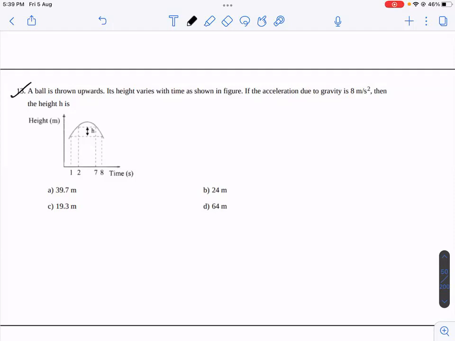Can someone give me an idea of how to solve this? Any idea? Read the question carefully. There is a ball that is thrown upwards. Its height varies with time as shown in the figure. The acceleration due to gravity is